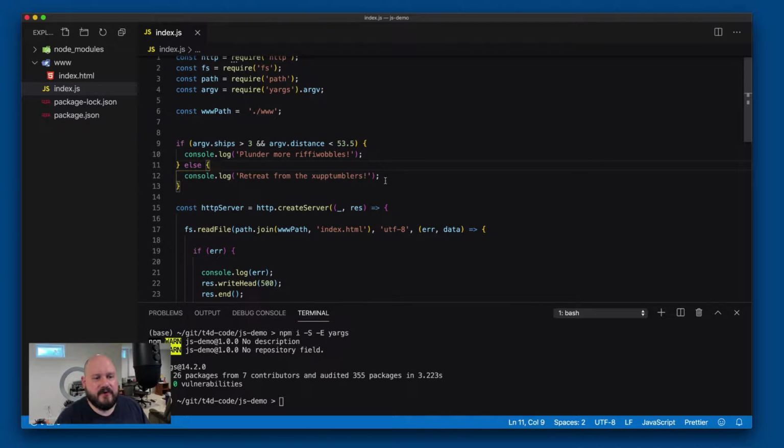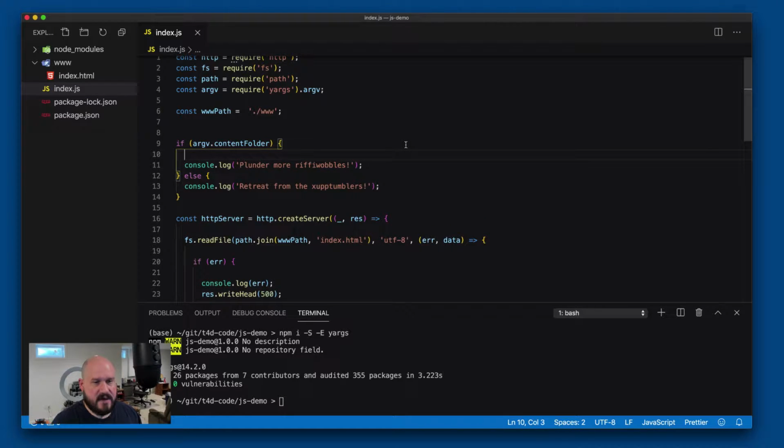All right, now, this is looking for ships and distance. Of course, we don't really want that. What we want to do is set it up to look for our www path, but I'm going to call this a different name. I'm going to call this content folder. So if argv is actually going to give us a content folder, then we'll set that content folder, and we're going to set it as